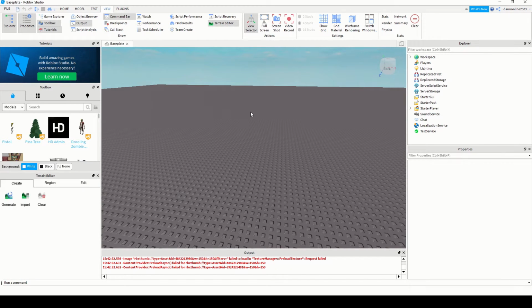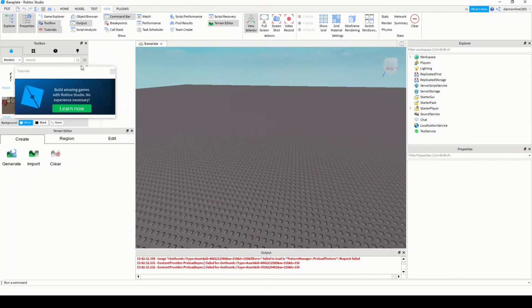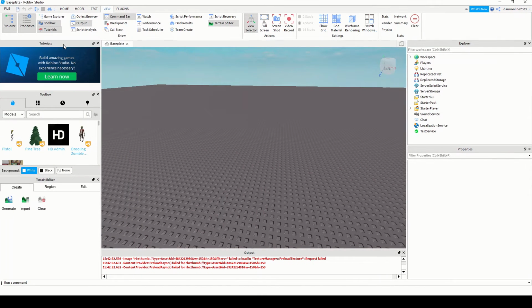So ganyan yung default setup niya. Okay, so these are windows na pwede mong click and drag, right? Pwede mong i-position kung saan mo gusto, but probably you'll do that pag komportable ka na sa paggamit ng Roblox Studio. So pwede mong i-set up the way you want it. Okay,